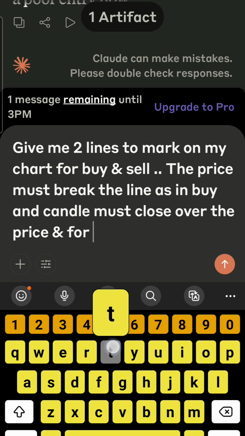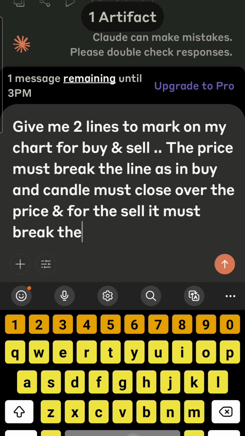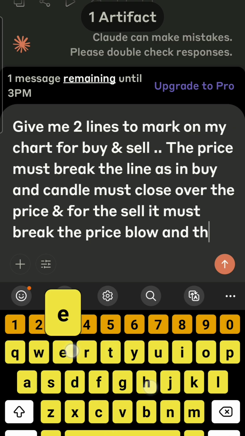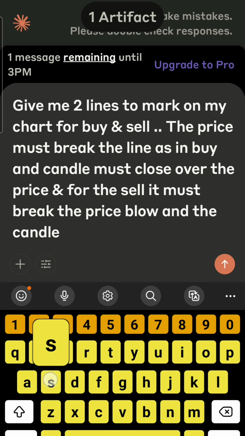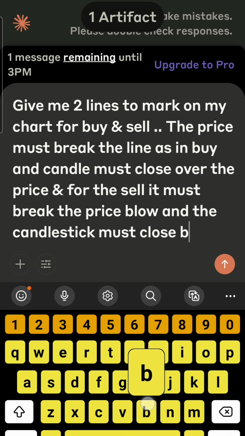And for the sell, it must break the price below, and the candlestick must close below. Okay,